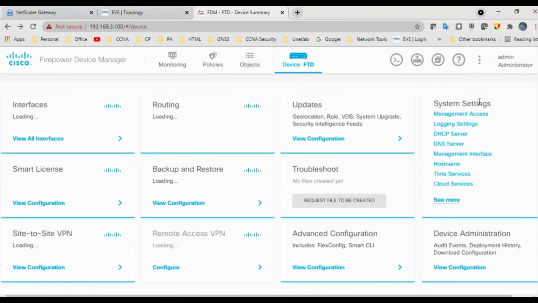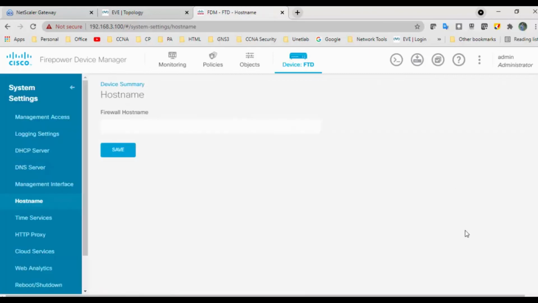This is like system settings, management access, logging settings, DHCP server where you can configure the DHCP server, DNS server, and the host name of the FTD. For the firewall host name, you can provide any fully qualified domain name here.